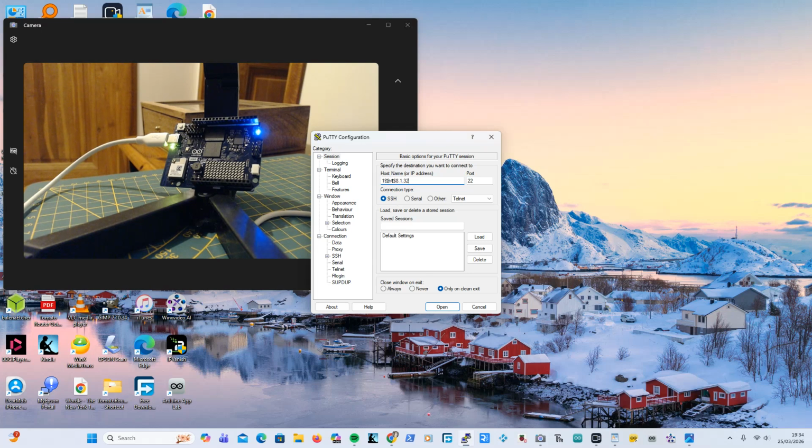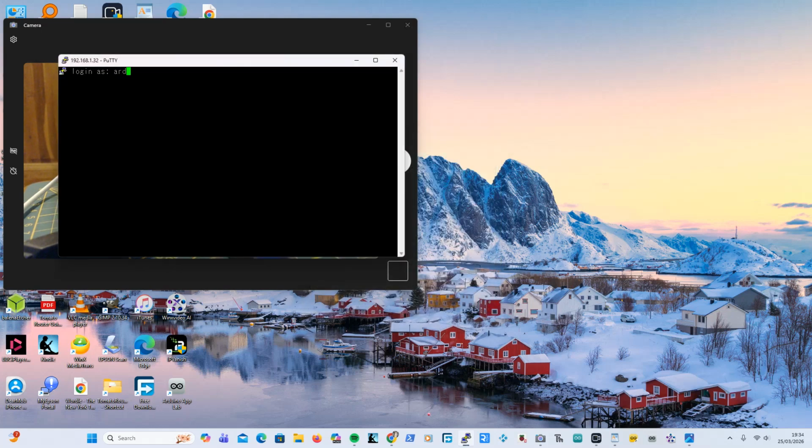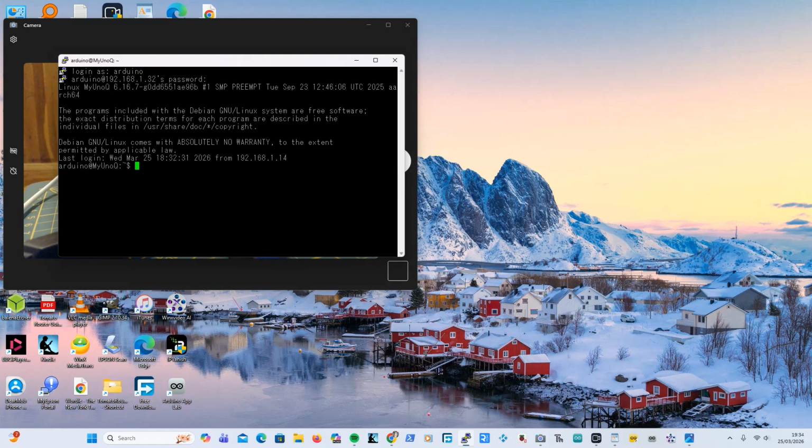Right, in we go. Arduino, password. Right. The only other things I can do are